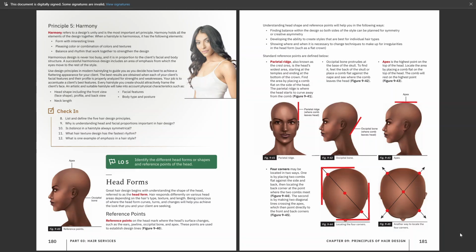Learning objective number 5. Identify the different head forms or shapes and reference points of the head. Head forms. Great hair design begins with understanding the shape of the head, referred to as the head form. Hair responds differently on various head areas depending on the hair's type, texture, and length. Being conscious of where the head form curves, turns, and changes will help you achieve the look that you and